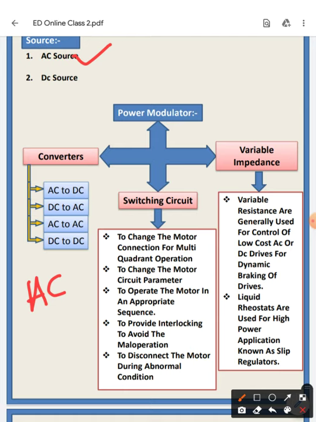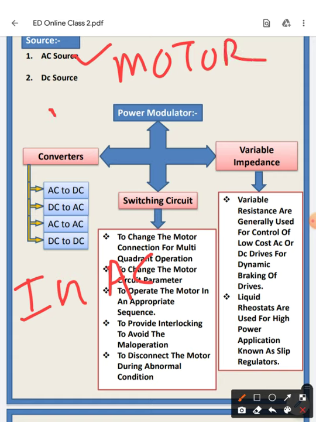If this AC motor works as a variable drive, then you need to change the values of the input AC supply. So if it is a variable AC drive,